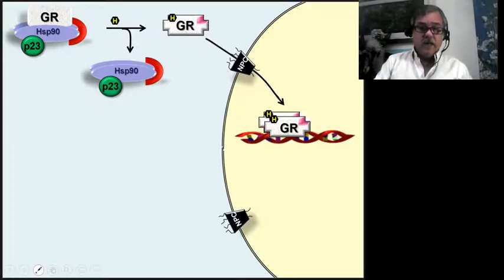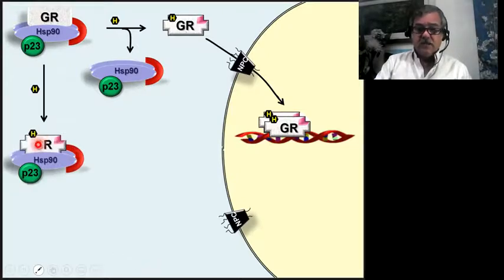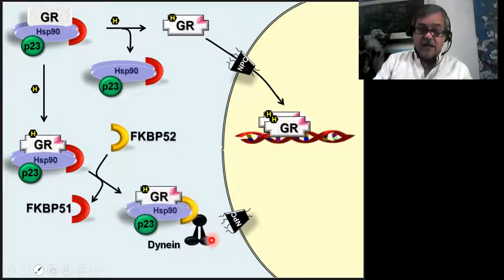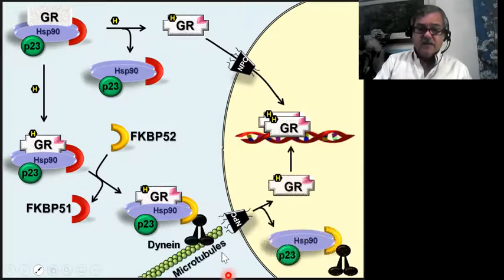When the steroid binds, GR changes conformation, exposing the hidden nuclear localization signal depicted here in pink color, and also exchanges 51 by 52, which in turn recruits dynein. The whole heterocomplex passes through the nuclear pore where transformation takes place. GR dimerizes and recognizes hormone response elements, triggering transcription of target genes.